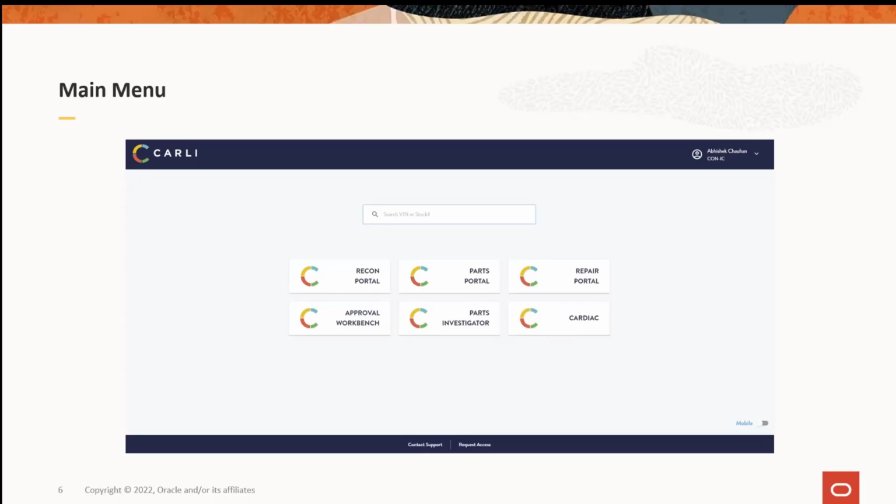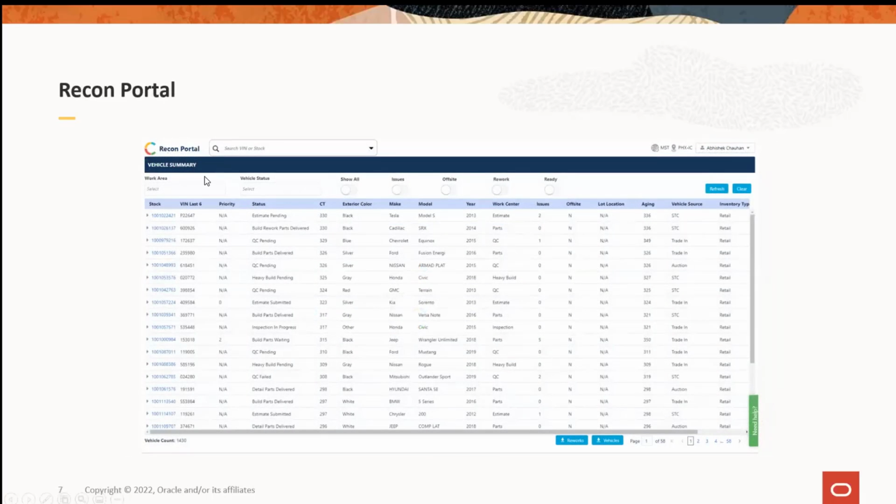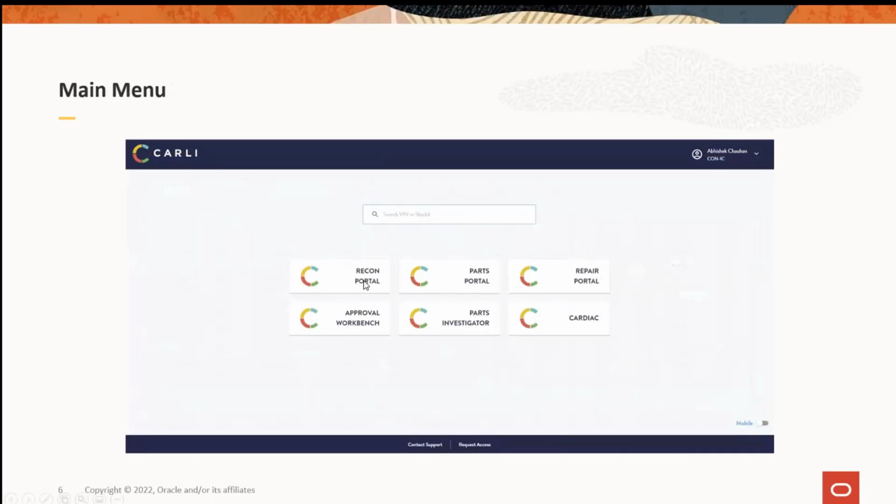Here we have some screenshots of the solution. So you log in, these are all the modules which are available, or you can do a blind search to see what's going on for a specific vehicle. And let me go back. So in the home page, we have all these separate modules, and then each module is a page or application by itself, which can further have